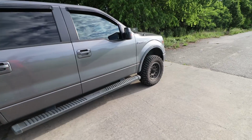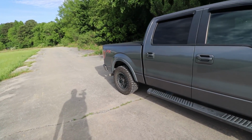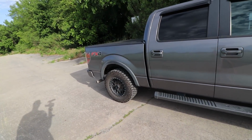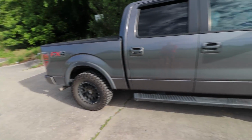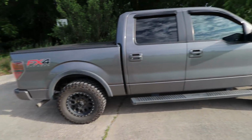Or you can go the route I did on my truck, and I basically added taller coilovers and upper control arms to get the same effect. But the end goal of a suspension lift is, one, to add a taller suspension to get the lift you want, to be able to add the taller tires, and two, you want to actually increase the